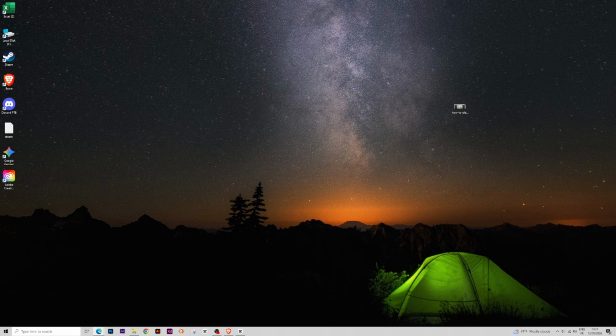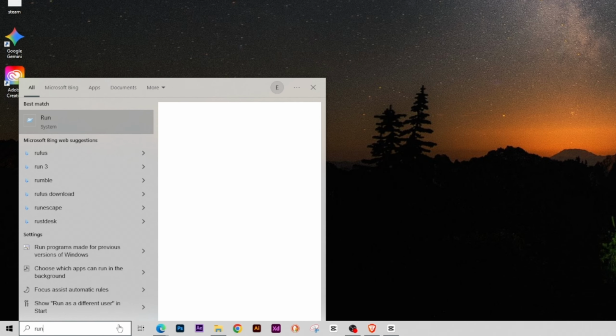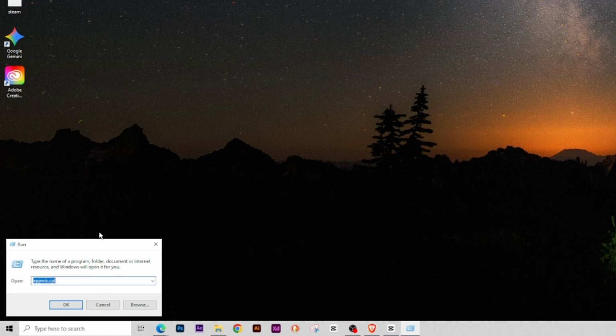So here, just right click or just click on Run. Open the Run window, you can search Run and the Run window will appear. You can also press the Windows key and the R key together to open the Run window for you. And here we need to type